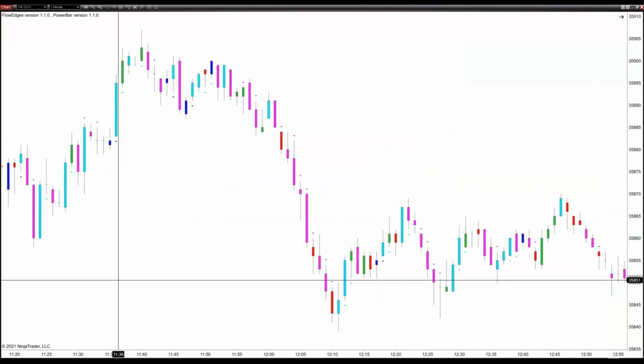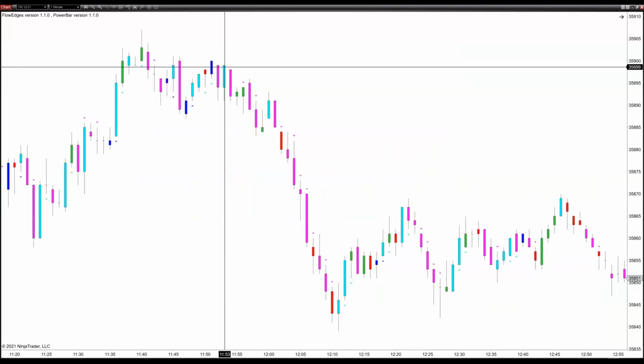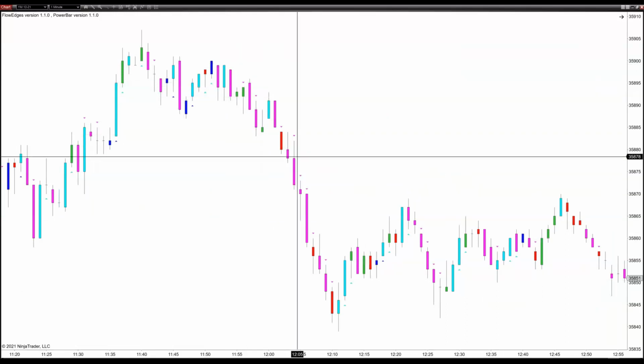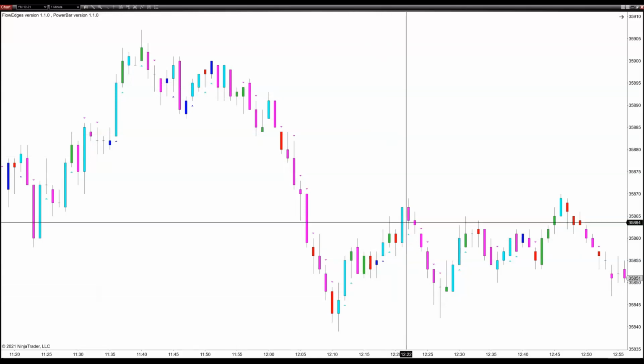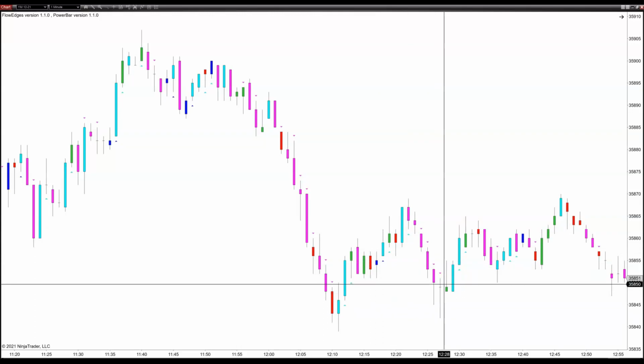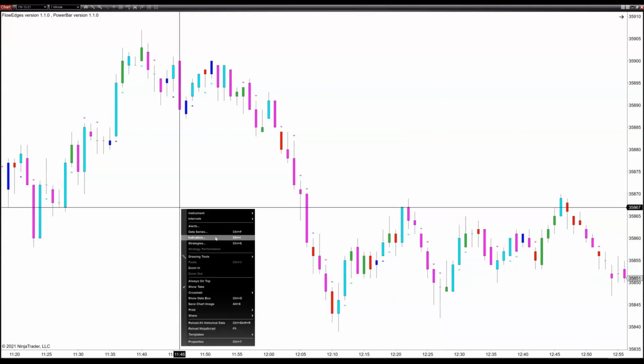Even on this trend down, you got one blue but no signal. You're just seeing the magenta triangles all the way down. The blue, blue, blue. Down, down, down, up, up, up. Honestly, if I made them the same color,